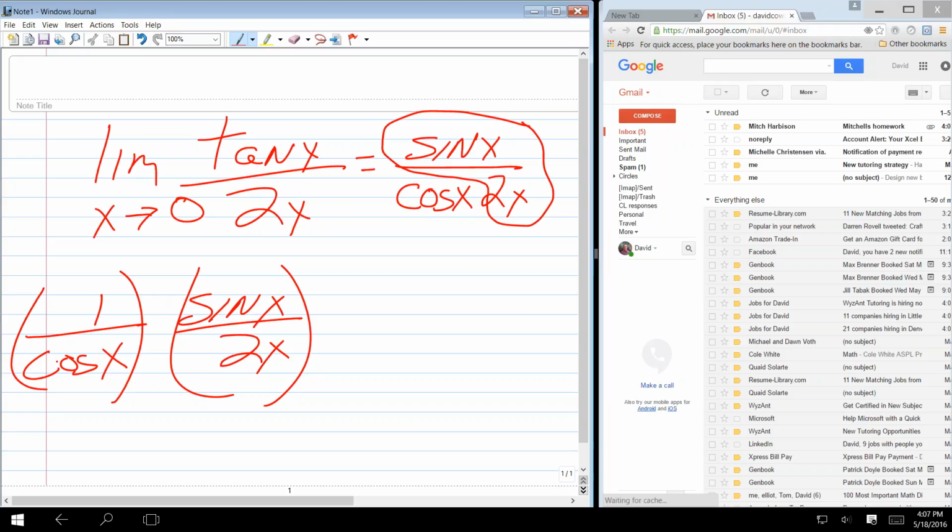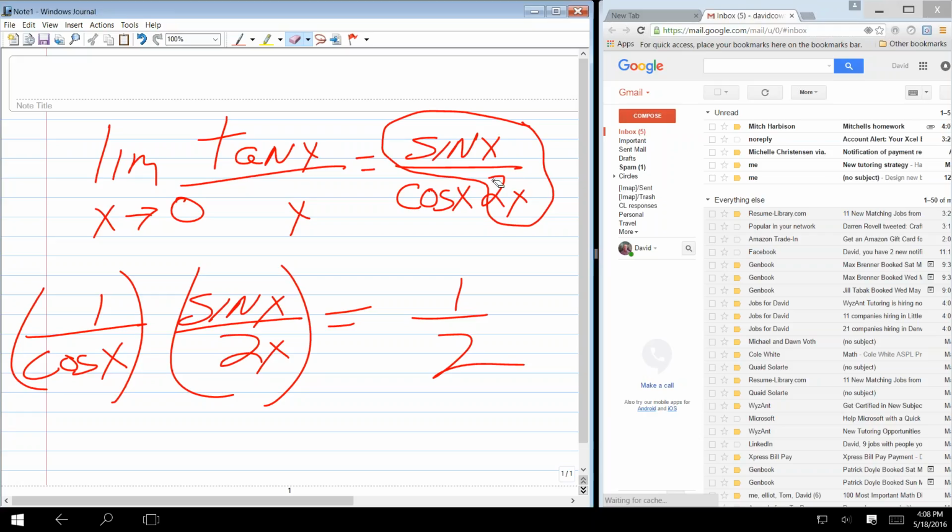In other words, by direct substitution, you get 1 over 1 times 1/2, so this limit is 1/2. Alright. And it actually illustrates that the limit of tan of x over x is also 1. It's like sine of x over x. The limit of tan x over x must be 1, because it's sine x over x times cosine x. And since that part is 1,